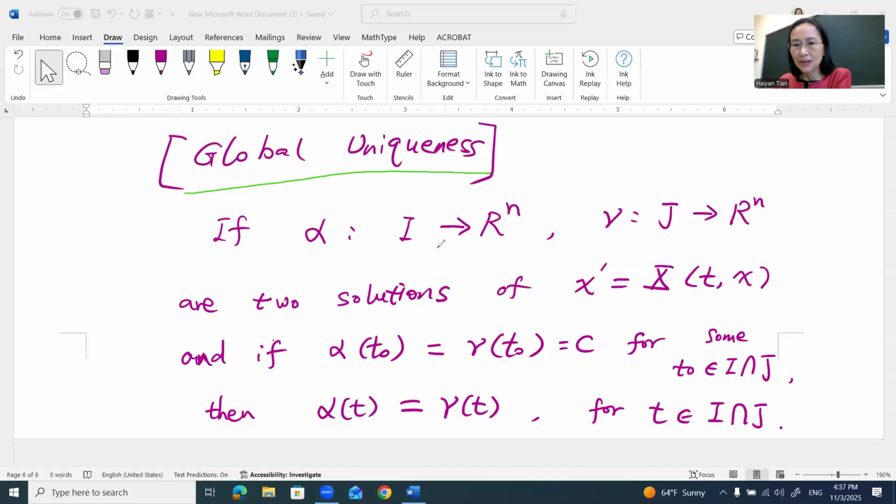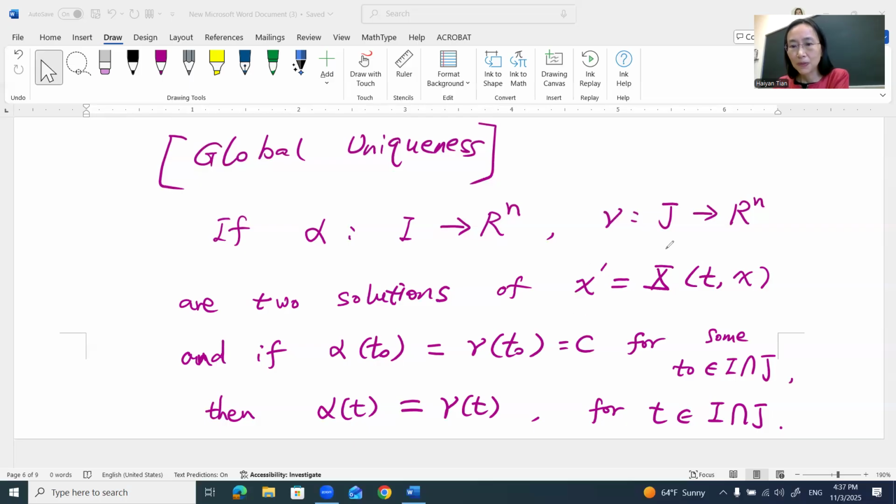That is, if you have found a solution, an integral curve alpha, from a time interval I to Rn, and if you also have found a gamma, another solution over time interval J to Rn, then that means